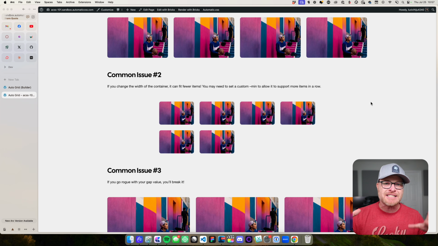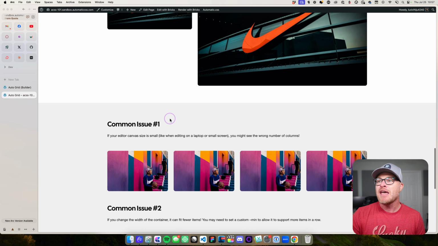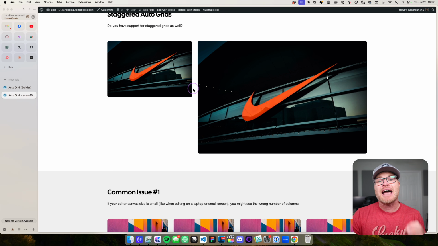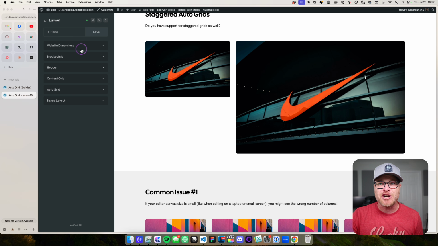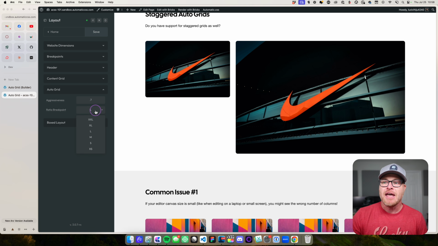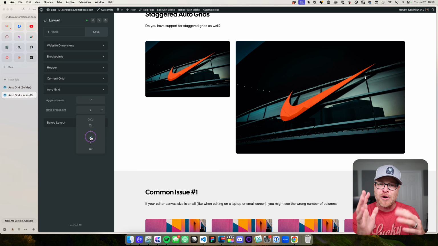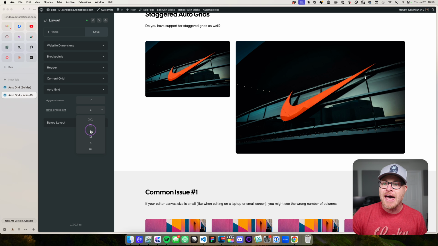The calculation is not done the same way the other auto grid calculations are done. And so this is actually done at a breakpoint, okay? And what we need to know, this is where that other control comes in, auto grid, what is the breakpoint for staggered grids, right? And so we get to choose our breakpoint. If we want more compression, we can say M. And at the M breakpoint, that's when it's going to go to 1 column. L would go to 1 column at the L breakpoint,